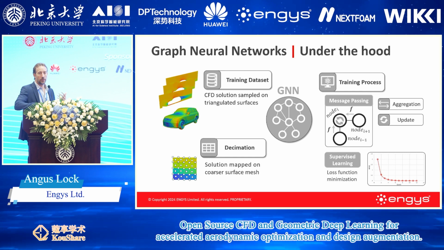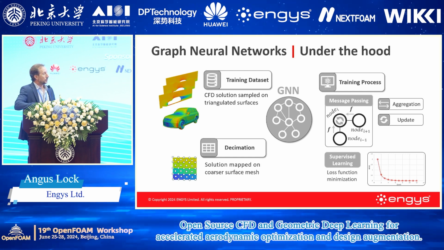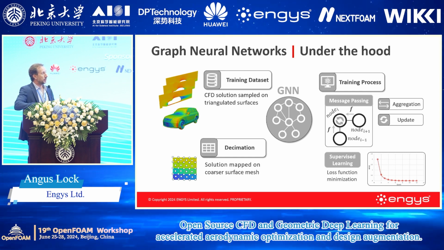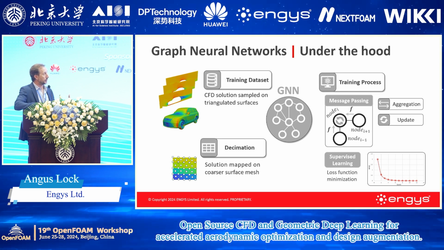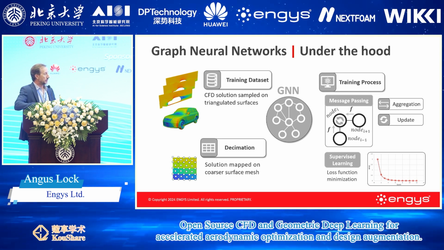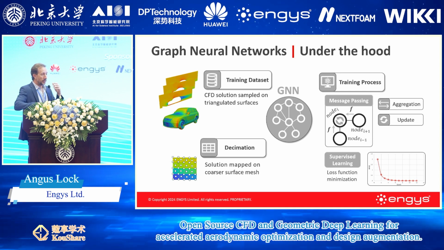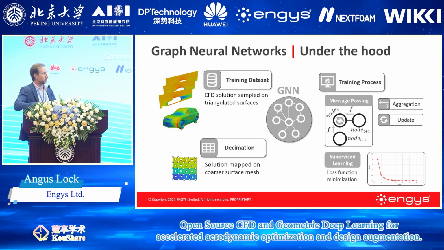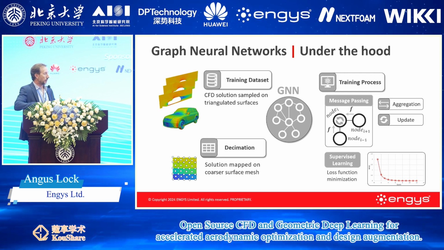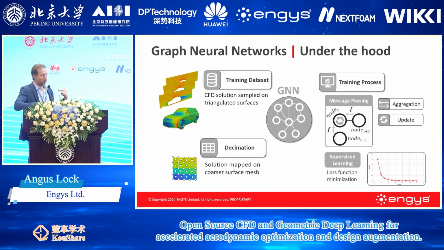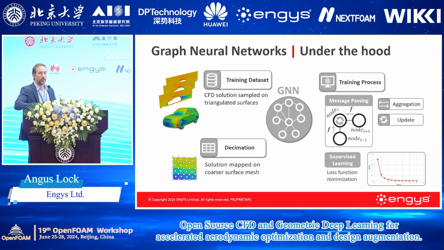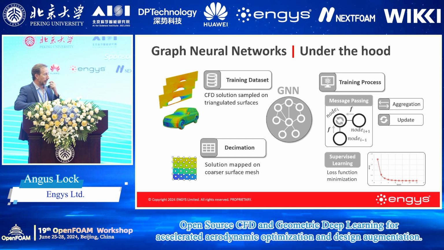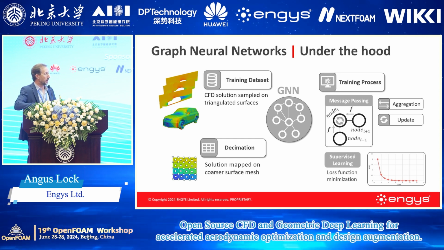The training then occurs on typical graphics GPU accelerators, like NVIDIA's A100, and it typically takes overnight, less than 24 hours to do that training, at least on a data set of this size. And the way that training works is an initial guess works through the graph neural network, and then we use a loss function and we work our way back through the neural network and try and minimize the error that's occurring in the prediction. And that obviously iterates towards minimizing that loss function.